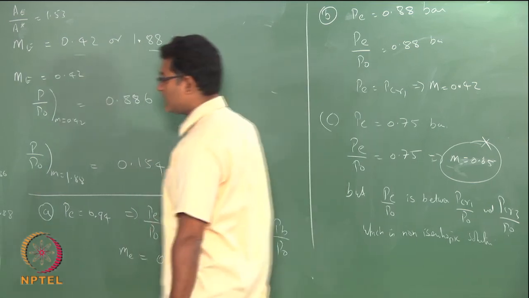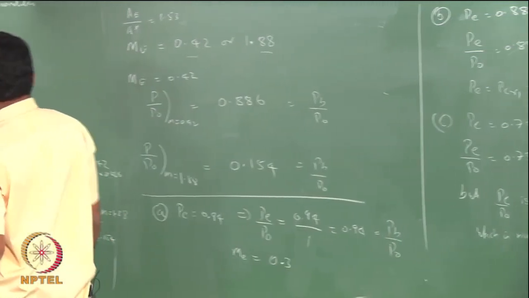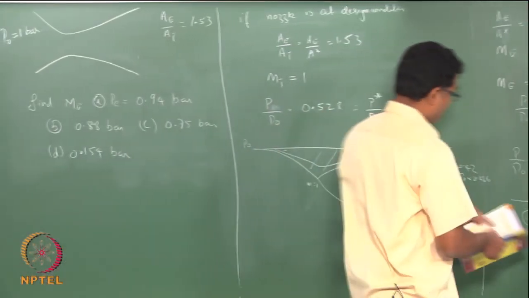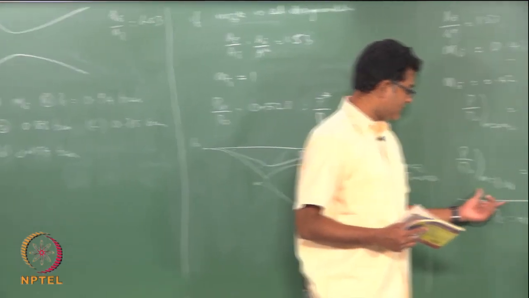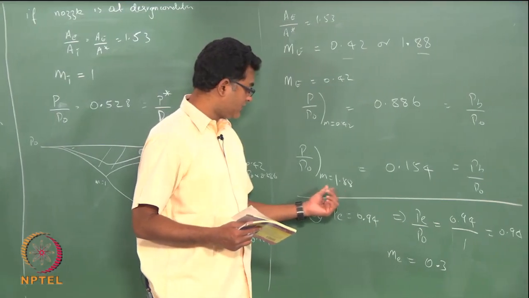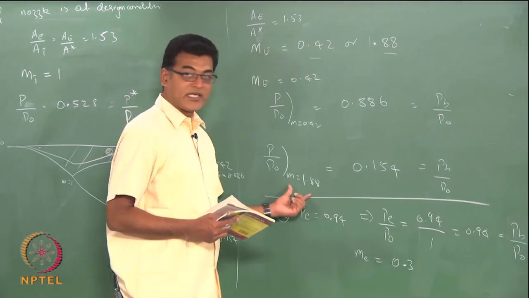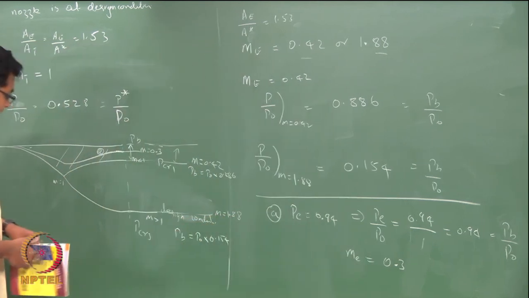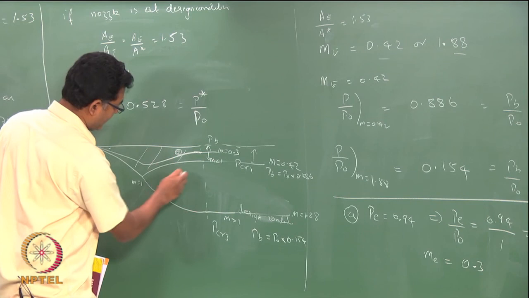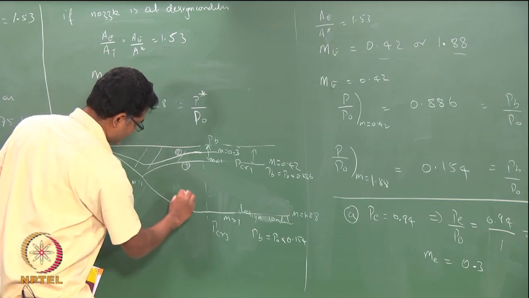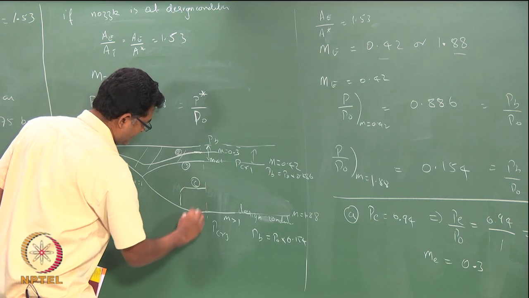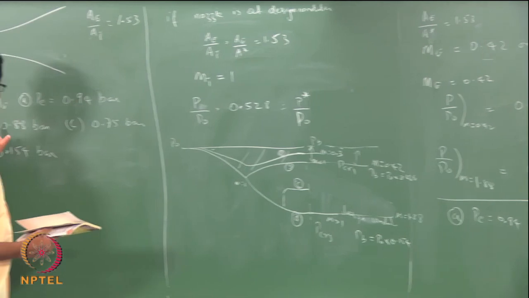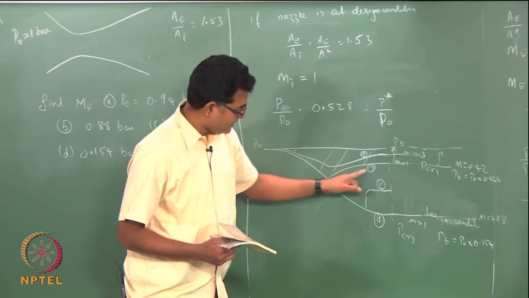Okay. Now, let us look at the fourth case. The pressure ratio is 0.154, which is what we had seen to be our isentropic solution here. So, your Mach number at the exit is going to be 1.88. That is the case drawn here. So, this is my A, this is my B, there is some other solution here which is my C, and this is my D. All these points A, B, C and D are shown in this graph.